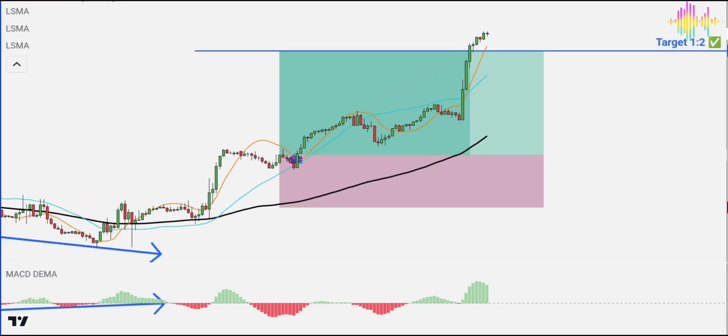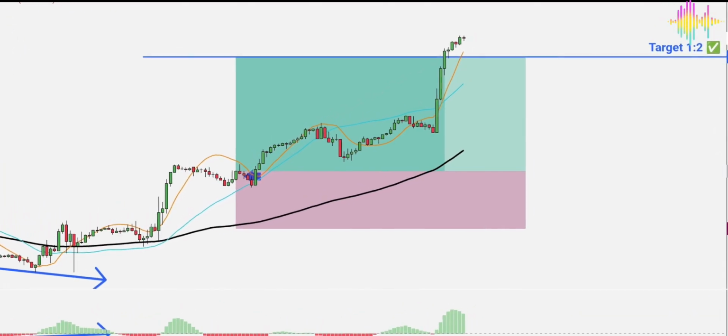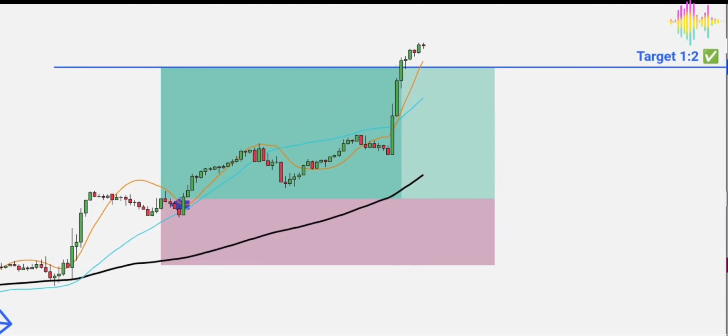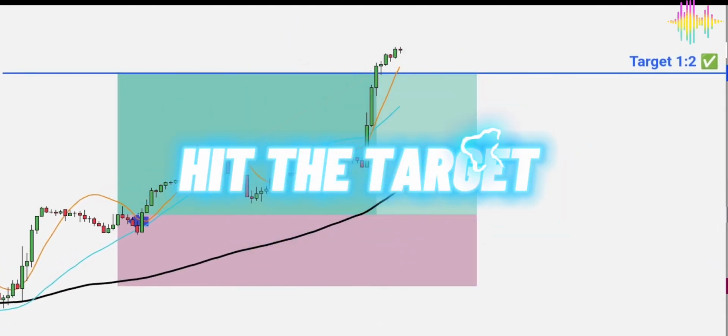met. With the formation of a very strong signal due to the fulfillment of all conditions, we have reached the initial target of a 1:2 risk-reward ratio. You can choose to close the entire trade or continue by taking partial profit and moving the stop-loss level to